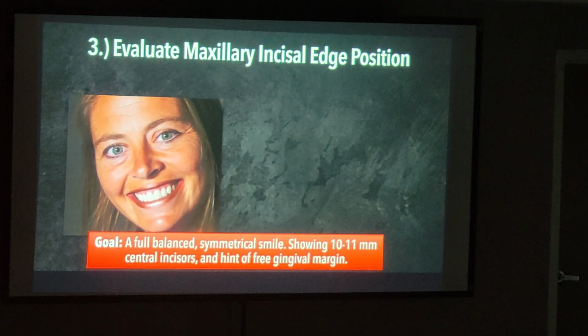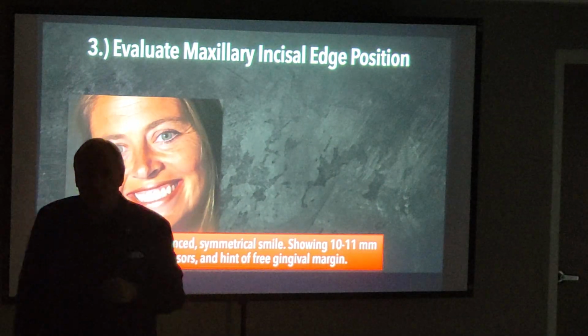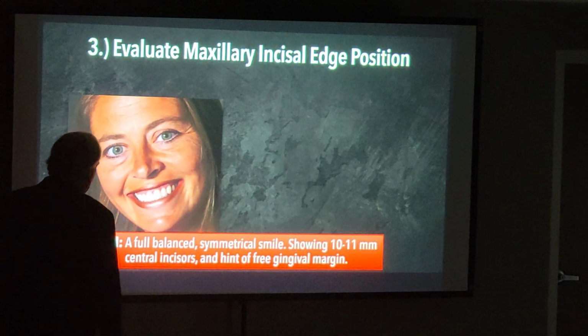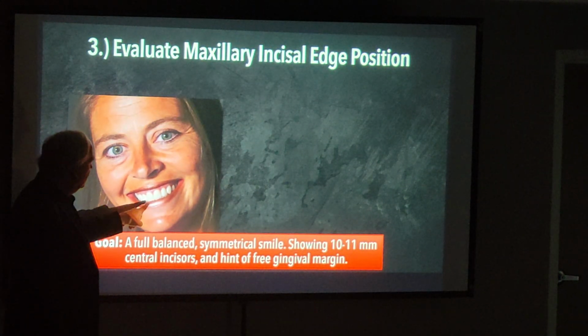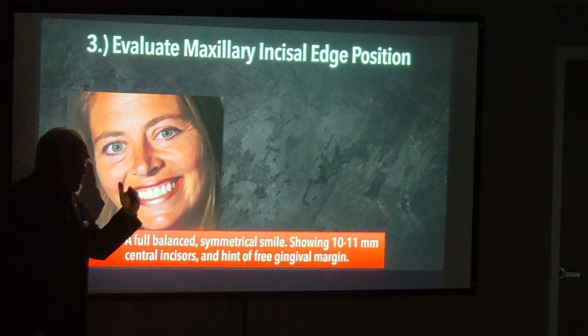All right, so let's think about this. When we have a full balanced symmetrical smile, central incisors in nature are 10 to 11 millimeters long. But that 10 to 11 millimeter long tube has to start with the correct incisal edge position, and as we measure north, we run into that region